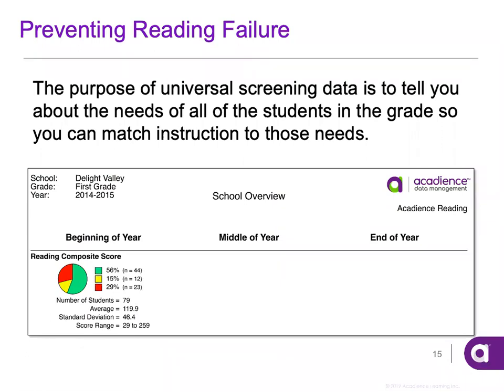This is an opportunity to start having conversations as a grade level team about how we're going to teach reading to this group of first graders this school year. This is not about finding the individuals who make up this 15% who are below benchmark or the 29% who are well below benchmark. This is not about sending those quote unquote yellow and red kids to tier 2 or tier 3 instruction. The best way you could spend your time following the beginning of year screening is as a grade level team, planning what the implications are for teaching this new group of students who will be in front